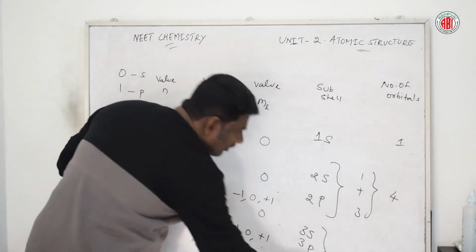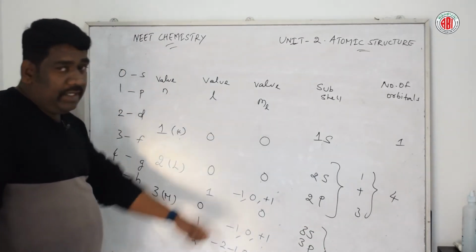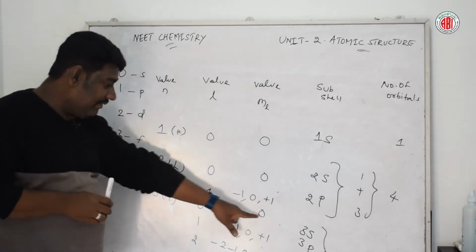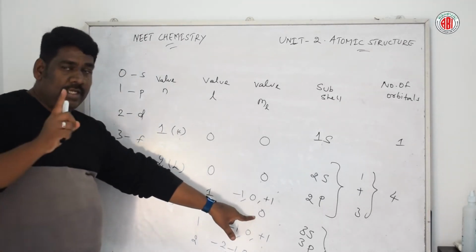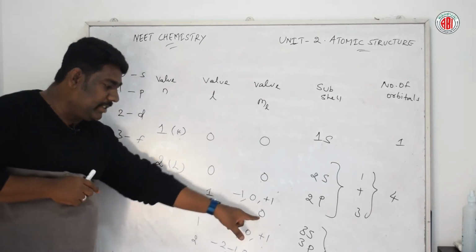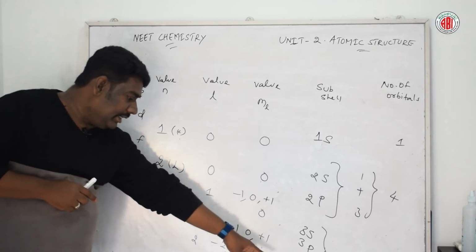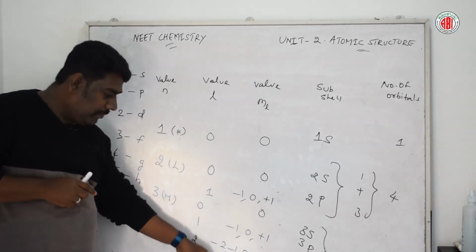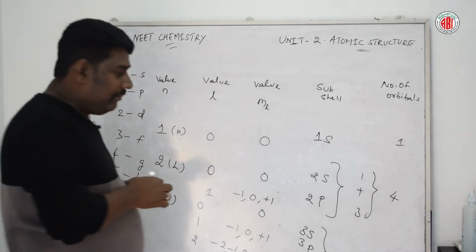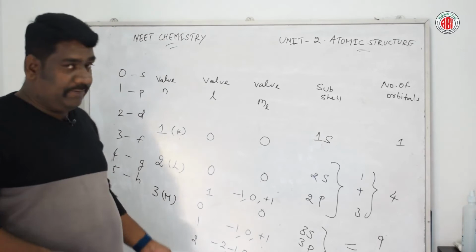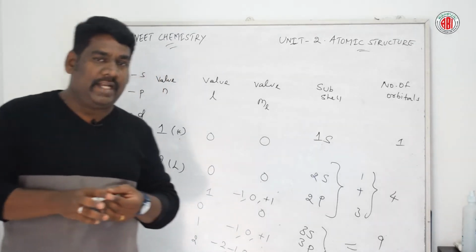Now overall, talking about the number of orbitals, let us count here one by one. First, 3s stands for l = 0, that is number of orbitals 1, and 3p stands for 3, so 3 plus 1 is 4, and the d orbital has 5 subcells, so 4 plus 5 is 9. Nine orbitals are present for the value of principal quantum number n = 3.